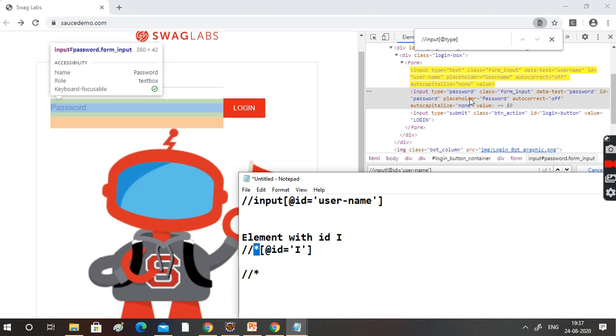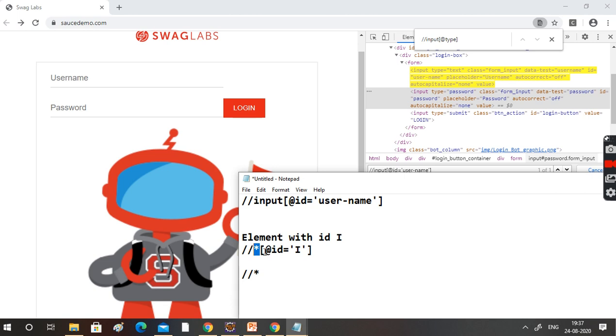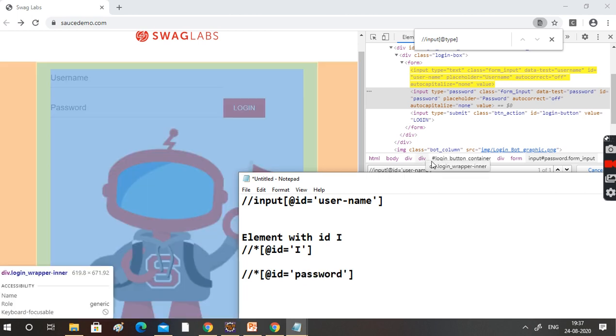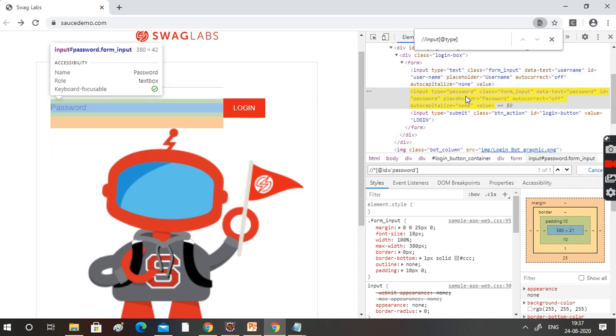It means what actually? Boss, pull any element which has the ID attribute as I. So in our case, any element which has the ID attribute as password. Now we'll verify this one. See, this is a 1.